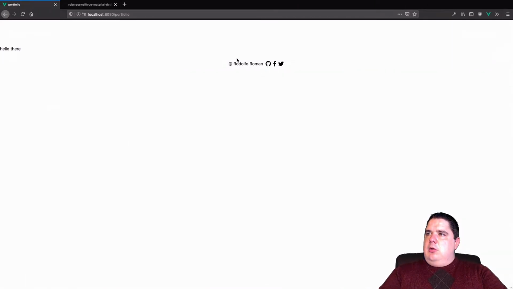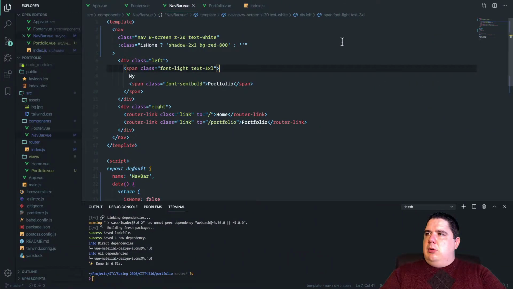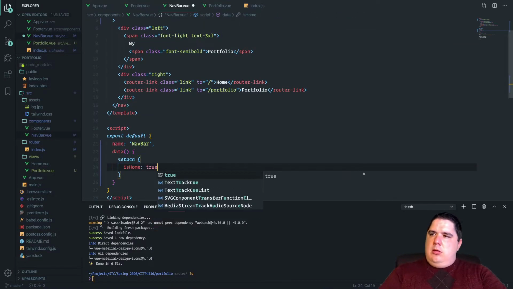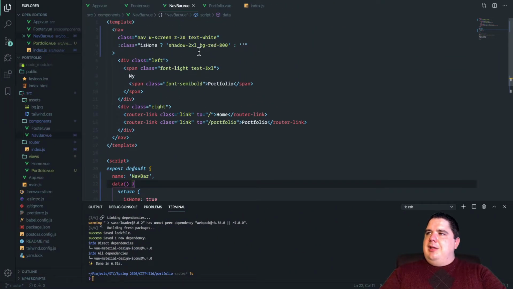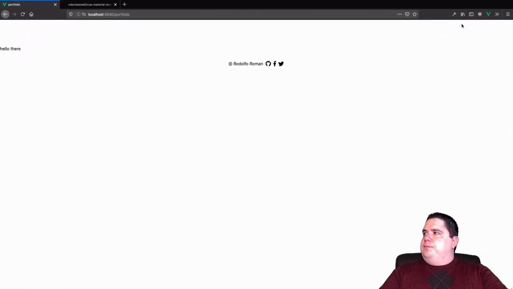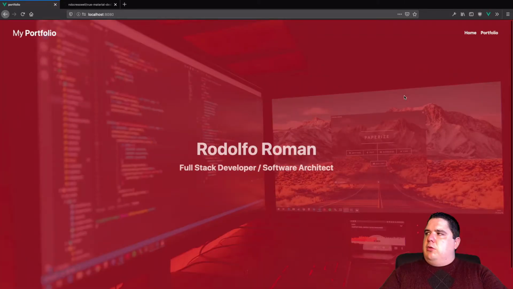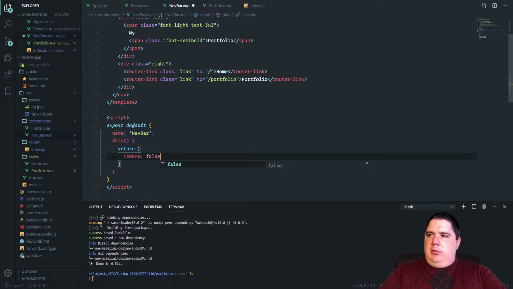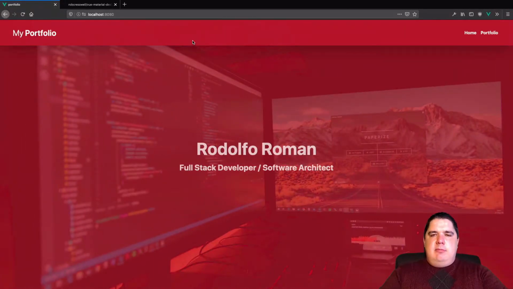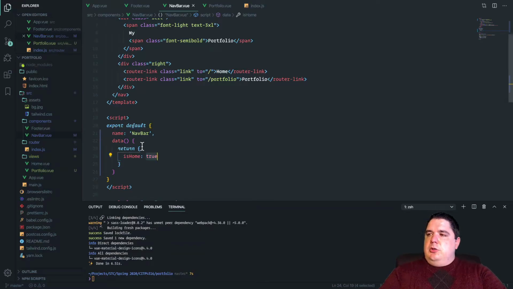Cool. So by default, actually, it needs to be true. Perfect. If it is home, and I did it the other way around. So actually, if it's home, don't render anything. If it's not home, do the background red. So if I go to my home, perfect, and when this changes to false, it gives me that. Cool. So what I want to do now,